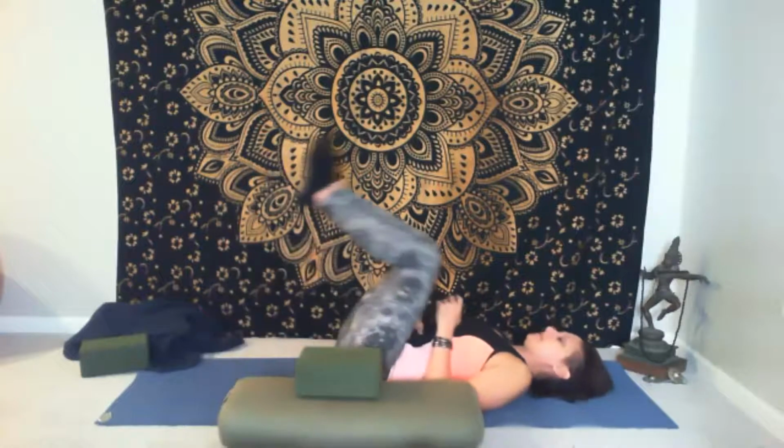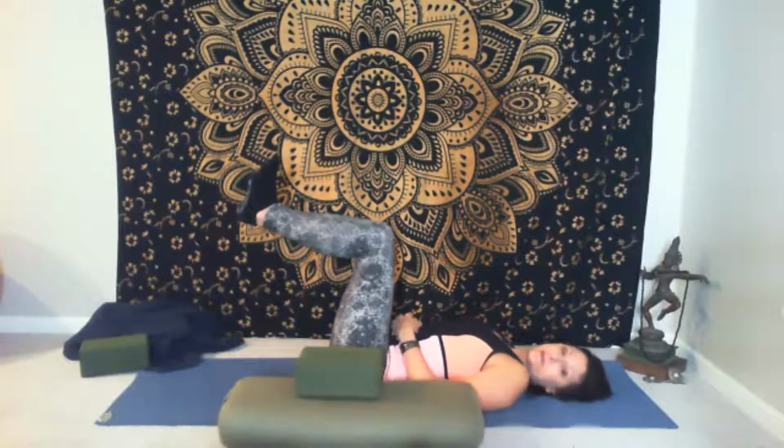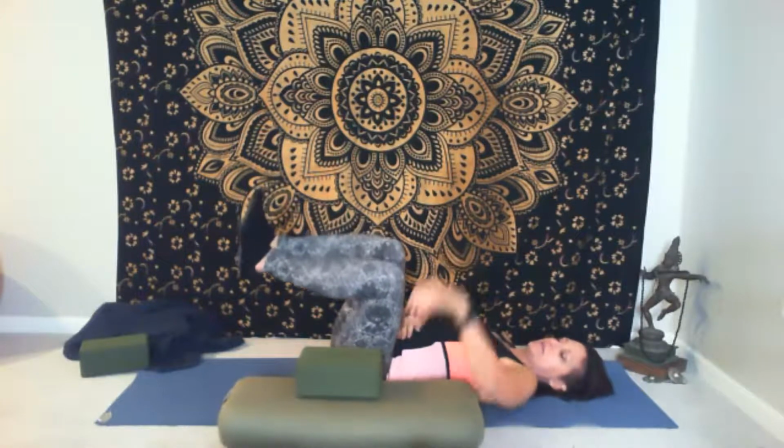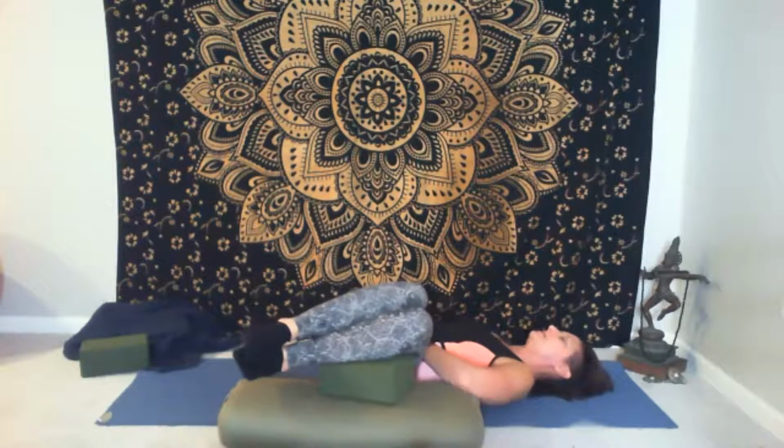When you're ready, bring the legs back up, knees over the hips. And then look at where your props are so you know where to land. We're going to slowly drop the legs, move the props however you need them. When you're ready, hands are back on the abdomen. So on this side,